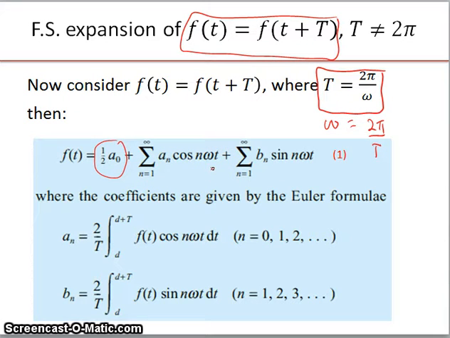And you can see here that n starts from 1 to infinity, so we can say that this is another summation of all the a_n cos n omega t, and the next term is the summation of b_n sin n omega t, where n starts from 1 until infinity. So the question is, how can we find the a naught, a_n, and the b_n